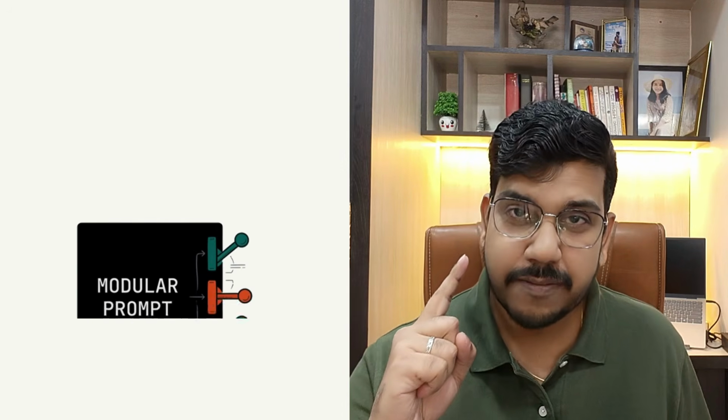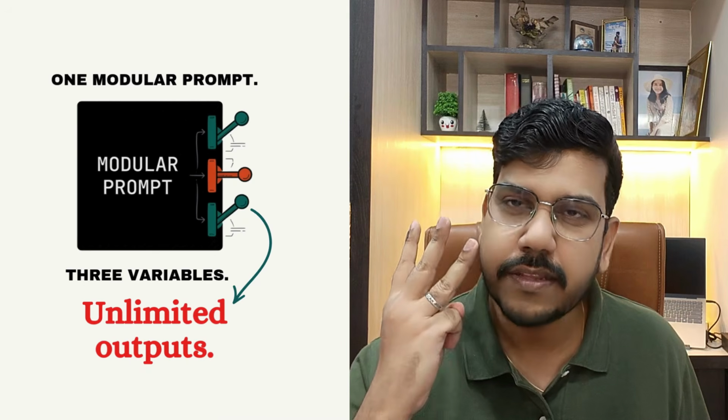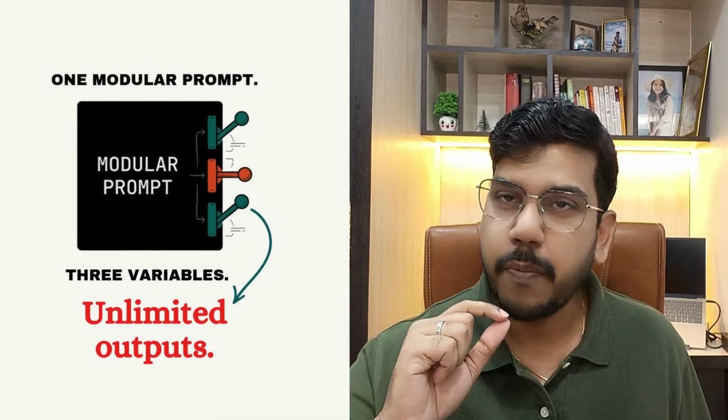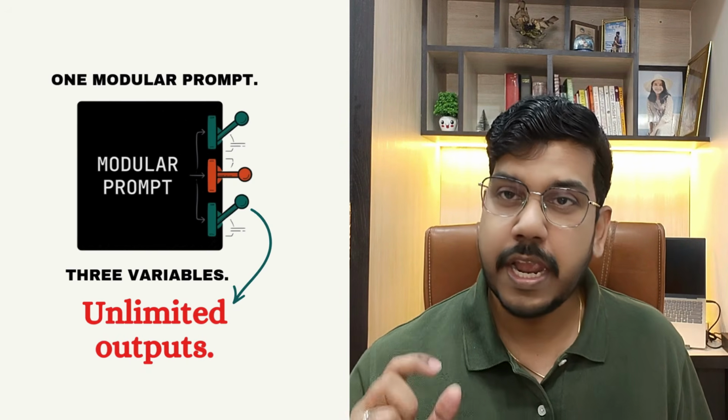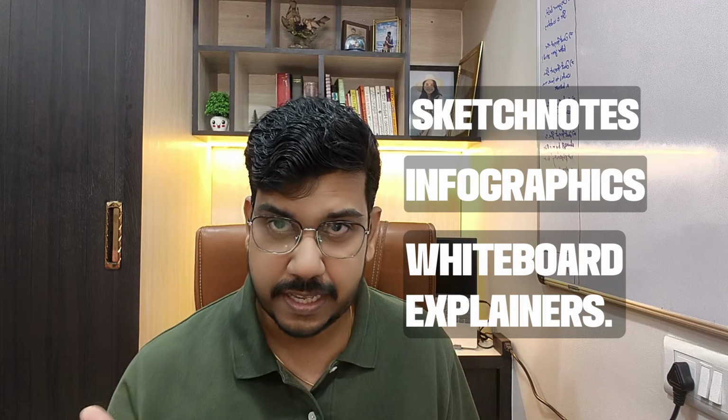I don't use Gemini like a chatbot. I use Gemini to think visually and create those graphics. I have just one modular prompt. In that prompt, you need to replace only three variables and you can produce unlimited outputs. You can create sketchnotes, you can create infographics, you can create whiteboard explainer graphics. Let me show you exactly how you can use this prompt and how you can use Gemini to create these